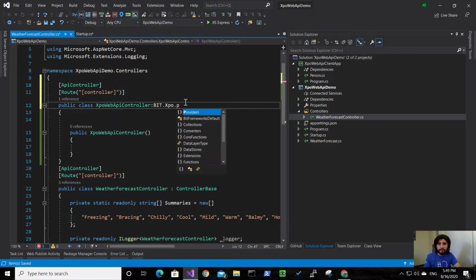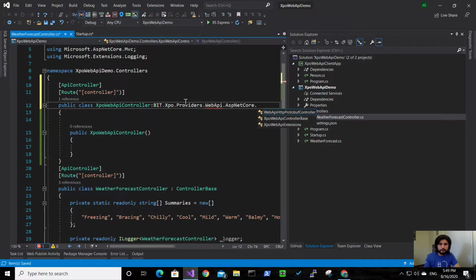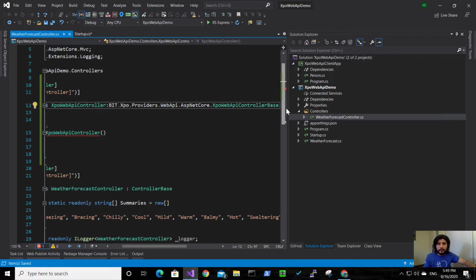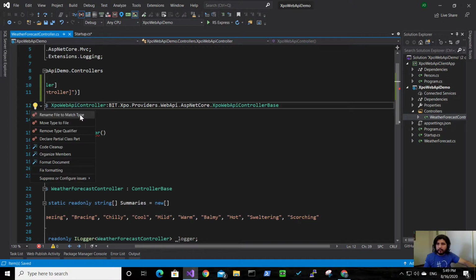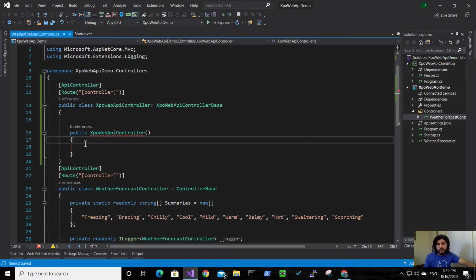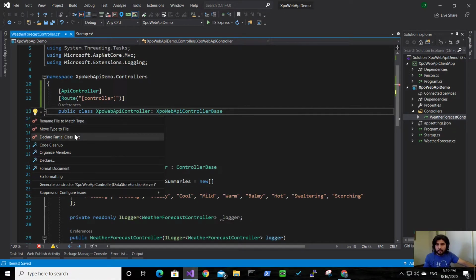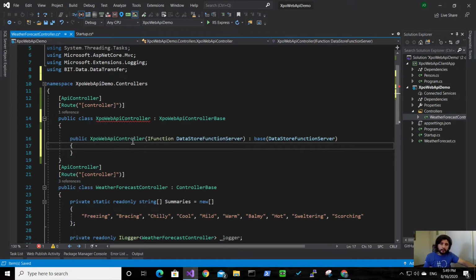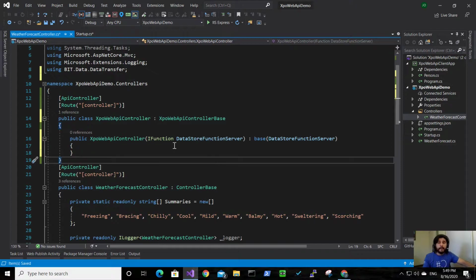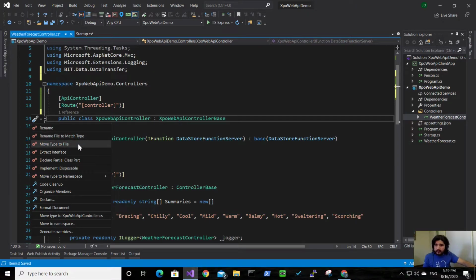XPO providers web API. So we need the XPO web API controller base. Let's remove the type qualifier. And now we need to implement the constructor for this. So I will remove this one and generate constructor. This needs to have this constructor because it will use dependency injection to inject an IC function. That's one special function that we have created that will execute the server-side code actually. So now that this is done, let's move this, move title file,